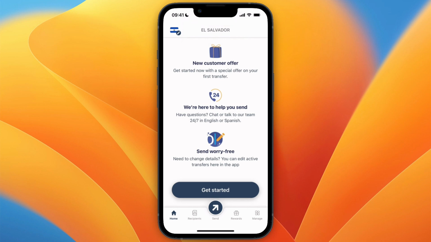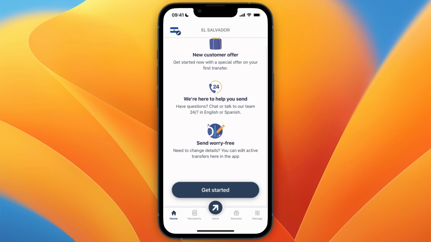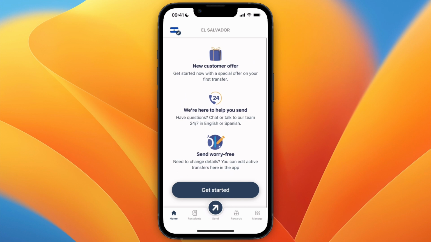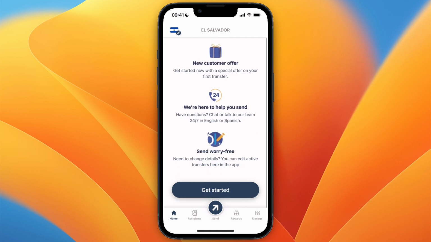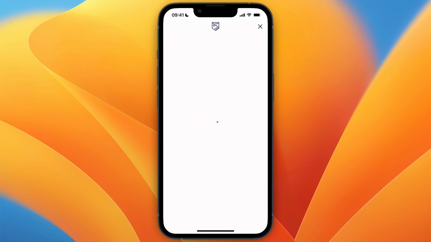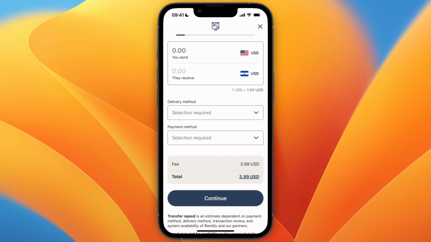In this video, I will show you how to change your sending from country in Remitly. So to do this, first just go and open up Remitly, it can be the app or the website. And now I will first just show you what my country is set to currently. So if I click send, you can see that right here at the top, it is the United States and